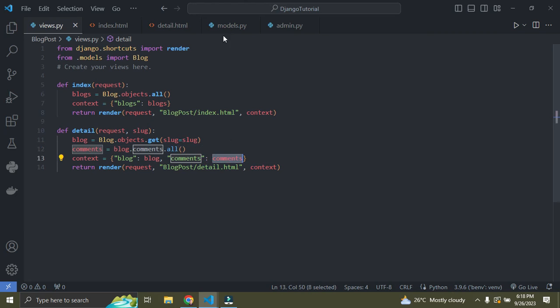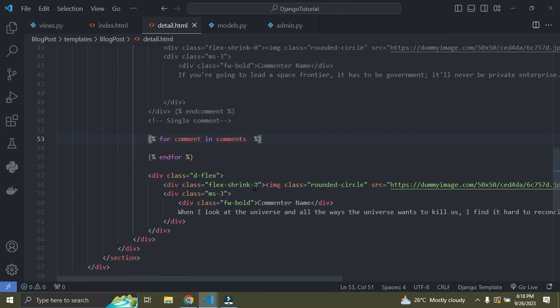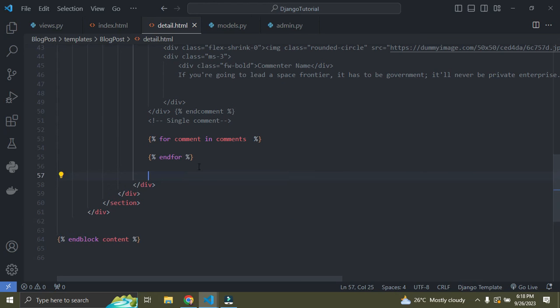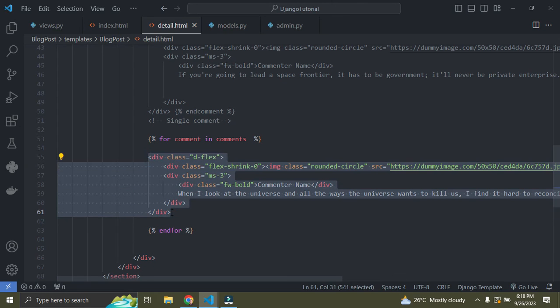You get? Okay, so I'll say for comments in comments, so I'm going to cut this, Ctrl X, and I'll paste it inside of the for loop. So this for loop is going to help us generate more of these divs based on the number of comments we have in our database. If I refresh this page now,